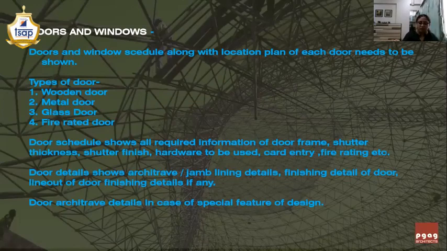If the finish is glass, then how much is the thickness of the glass? If the glass finish is back painted, then it has to be toughened also. You need to write 12 mm thick toughened clear glass. Why clear glass? Because generally extra clear glass.